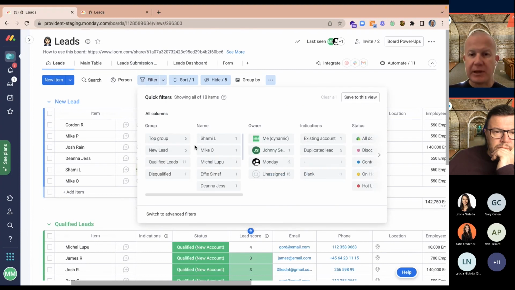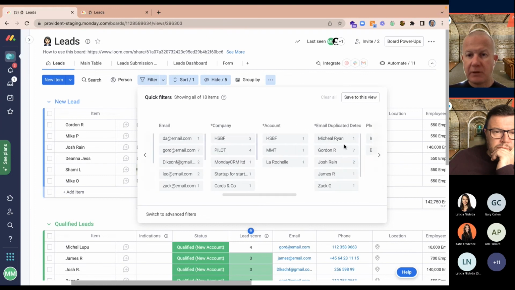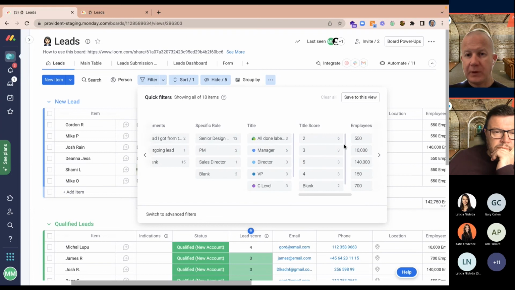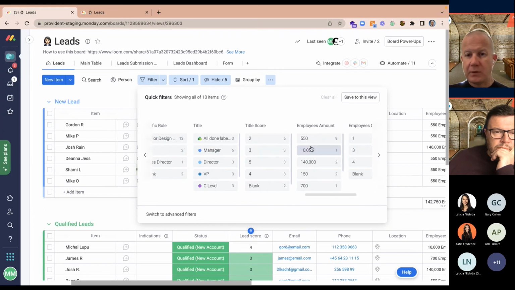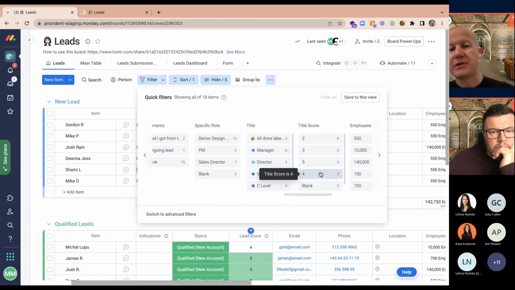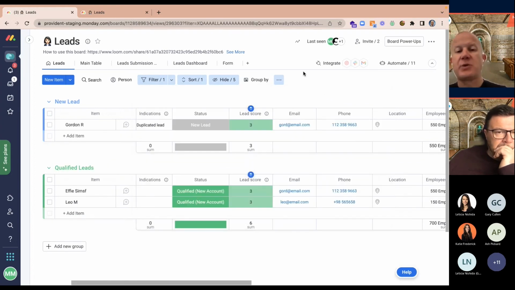So filter by, if I can find the right column. So title score. So just show me the ones that have a title score of 5. So I can now create a more focused view of my leads where I can just see the ones that